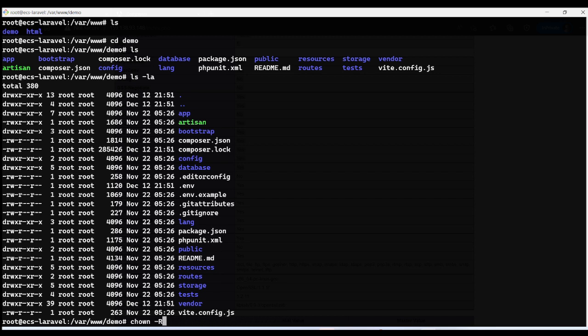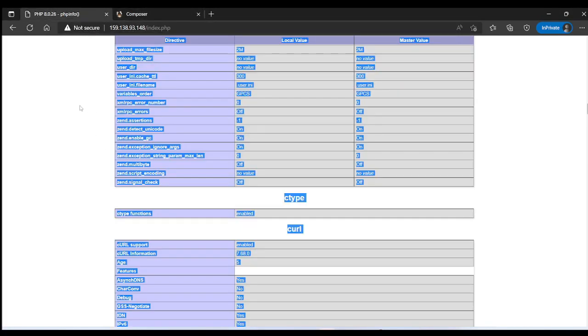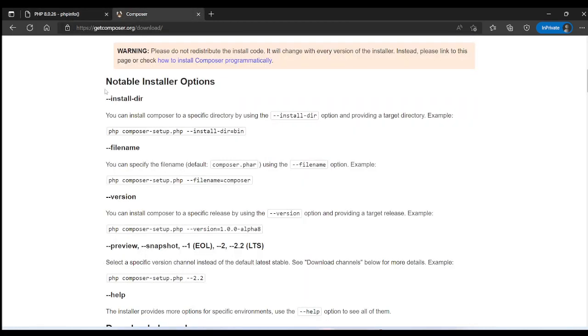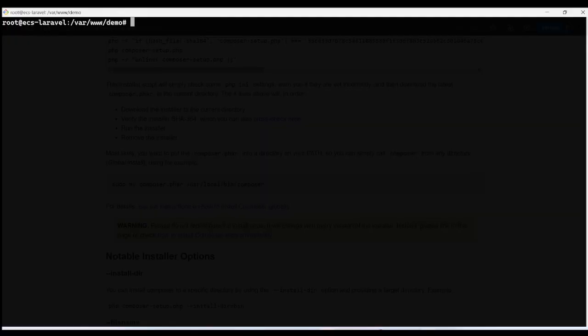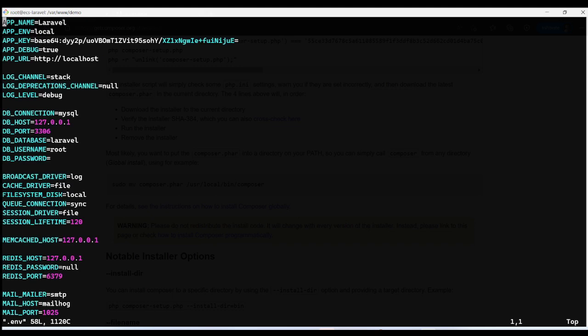Okay, so let's wait so that it shows the error, and we'll be doing the same thing. So typically we need to provide some permission. So before running the command, let's see what type of permission error will be thrown. So let me do ls and let me go to my env file, and here in insert mode,